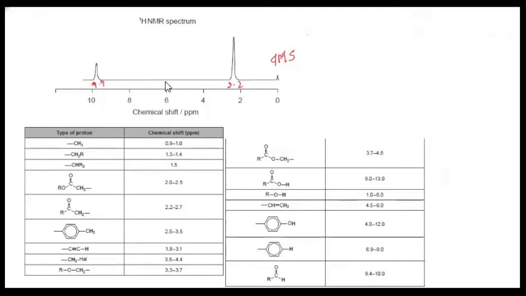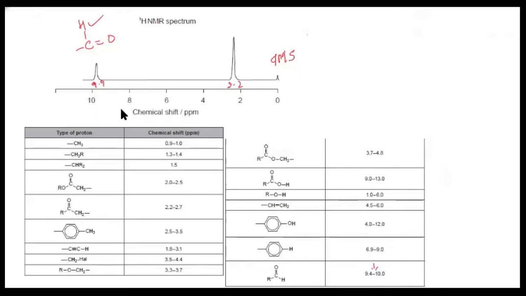Now we have to find out which are the two environments. From the IR spectroscopy, we came to the conclusion that there is a carbonyl group. Analyzing this H1 NMR, we can find that a hydrogen atom in a carbonyl environment will give rise to a peak at 9.4 to 10. We are getting a peak at around 9.9, which falls in this range. So this is because of the hydrogen present in the carbonyl group. This hydrogen is giving rise to the 9.9 peak. So that is confirmed.